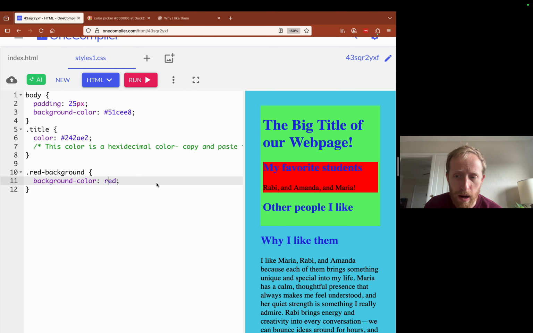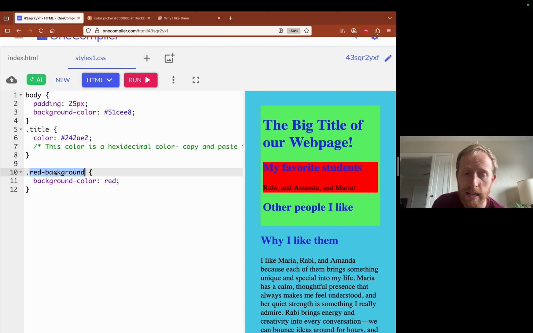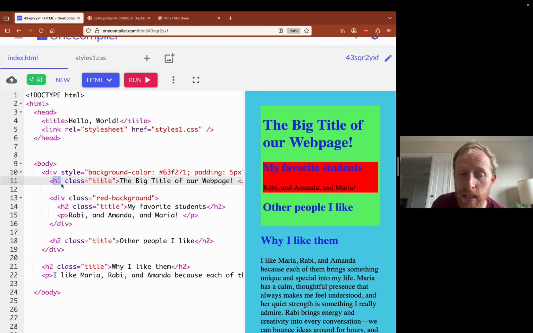I want to make a couple quick comments here. This class name is red-background, so it corresponds in our styling sheet to this red-background property. Because it's a class name, it begins with this period. I'll say that again. Because it's a class name, it begins with this period. If I'm talking about any H1, it doesn't matter what the class name is.